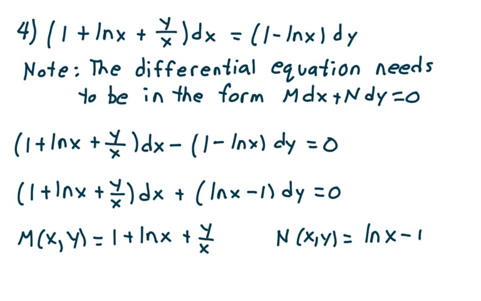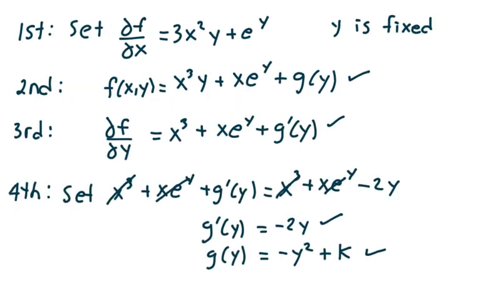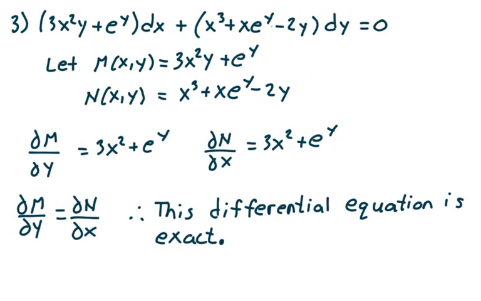Let's take a look at example 4. Suppose we are given (1 plus the natural log of x plus y over x) dx equals (1 minus the natural log of x) dy. The differential equation needs to be in the form M dx plus N dy equals 0. So if we want to determine whether or not a differential equation is exact, we must have it in this form. So if you go back to these previous examples, notice how we have essentially M dx plus N dy